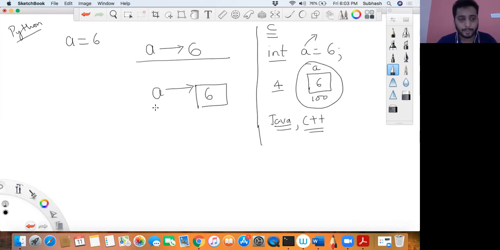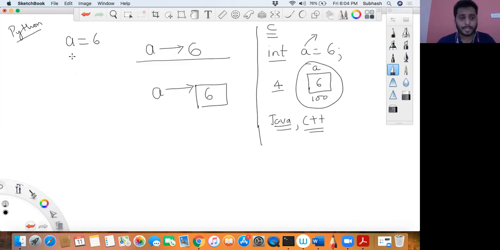So again, what is a variable in Python? A variable is nothing but a name given to a particular memory location that is containing a constant. Same thing like how you did it in C language. Only thing is you do not have control in allocating memory for it, or you need not say how much memory has to be allocated for it. Everything has been dynamically taken care of by Python.